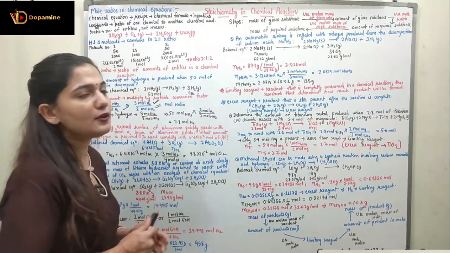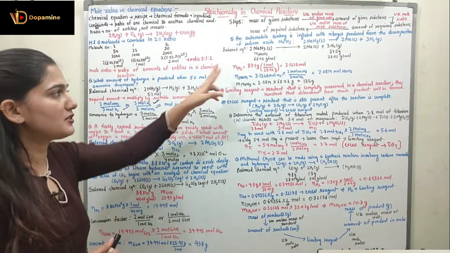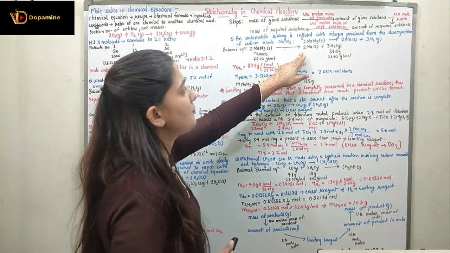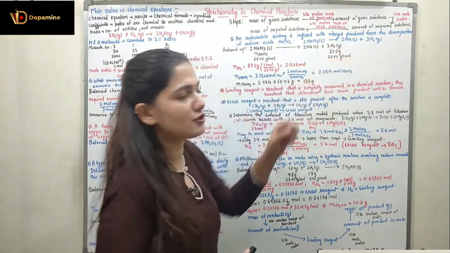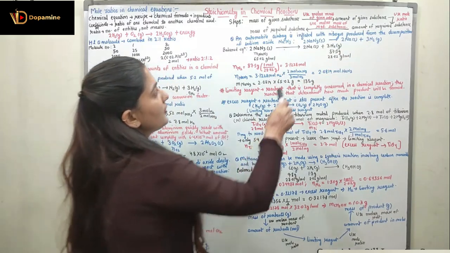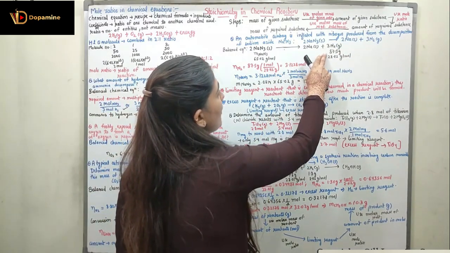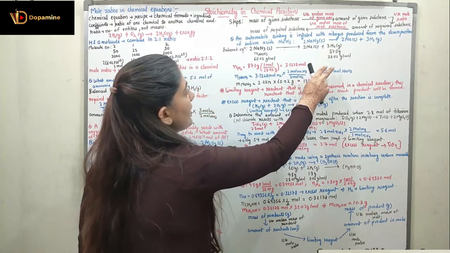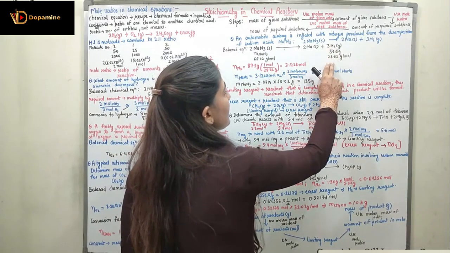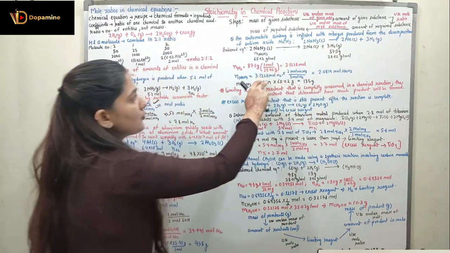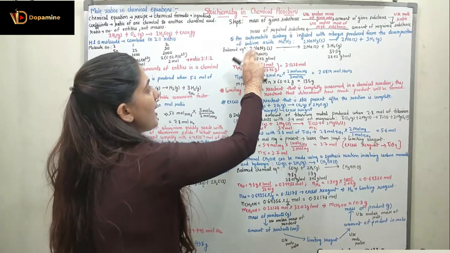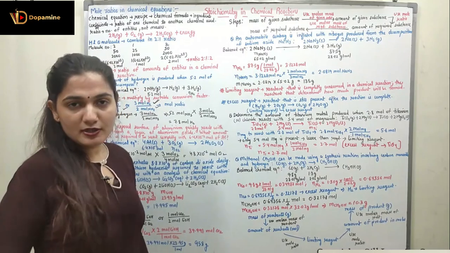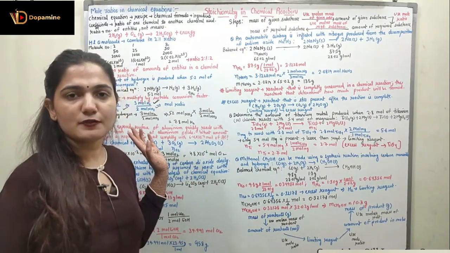Right, so first of all we are going to start with the balanced chemical equation, which is already given in the question, which is 2NaN3 in solid form decomposed to form 2Na in solid plus 3N2 in gas. The nitrogen which is produced is 87.5 gram. Nitrogen's molecular mass is 28.02 gram per mole. So we have to find the mass of NaN3, represented as m of NaN3, and the molecular mass of NaN3 is 65.02 gram per mole.